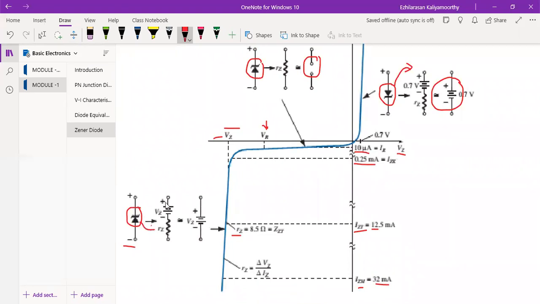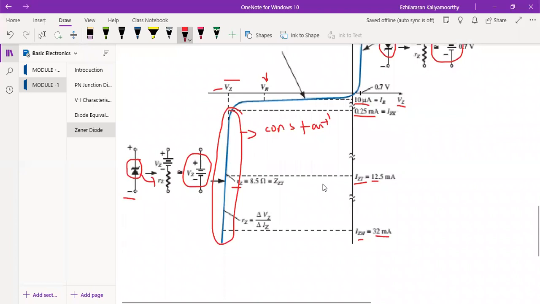The equivalent approximation diagram is like this: we are giving the barrier, that is the Zener voltage, and the resistance. Then we have the Zener voltage, because only in this portion will your Zener diode work, since here I'm getting a constant voltage. That is called the Zener region. At this time I can use this barrier, see here, but up to here it is open actually. So this is what the Zener diode is.